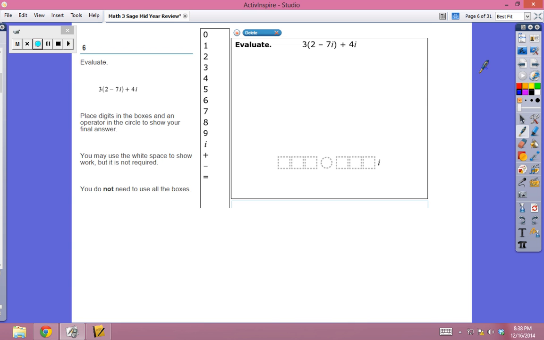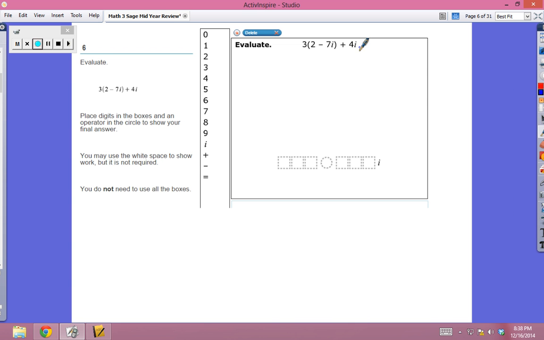Six. Evaluate this expression. This expression looks like it has a couple imaginaries. This is a multiplication, so you're going to distribute the 3 to the 2. That's going to be a 6. The 3 to the negative 7i is going to be a negative 21i, and then plus 4i, and these are your like terms. So combine your like terms, and you're going to have 6 reals, and you're going to have a negative